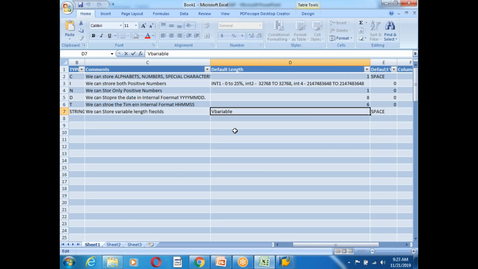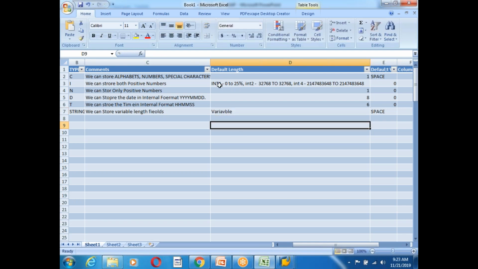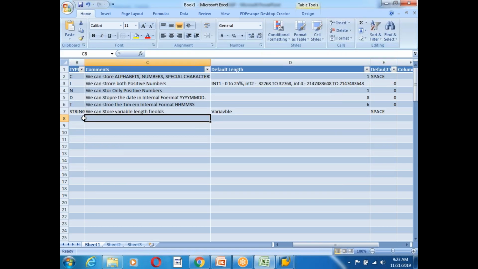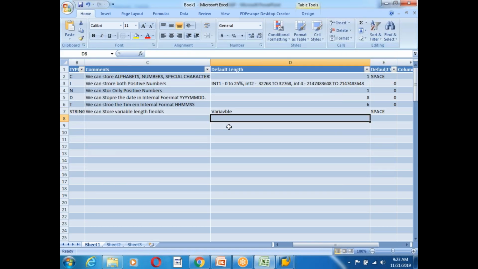So we cannot say what the length of the variable is for this. What we can do is, how the value will be stored: if it is a string, maybe sometimes I need to declare a field like my name is